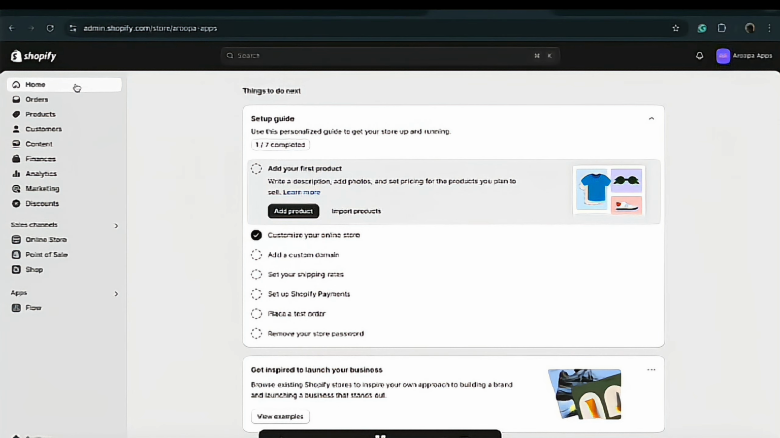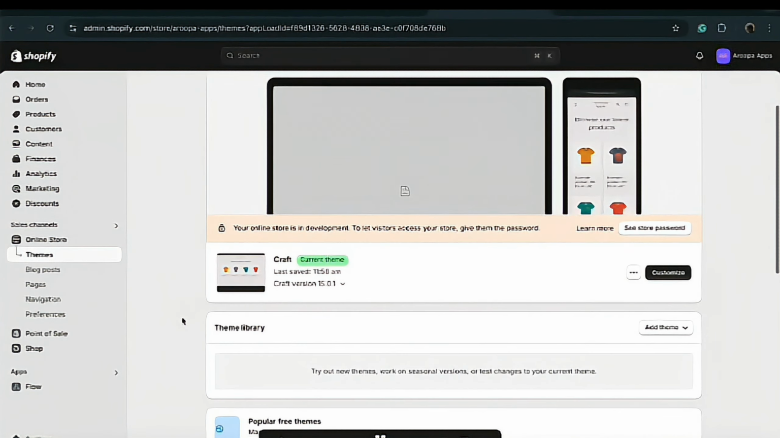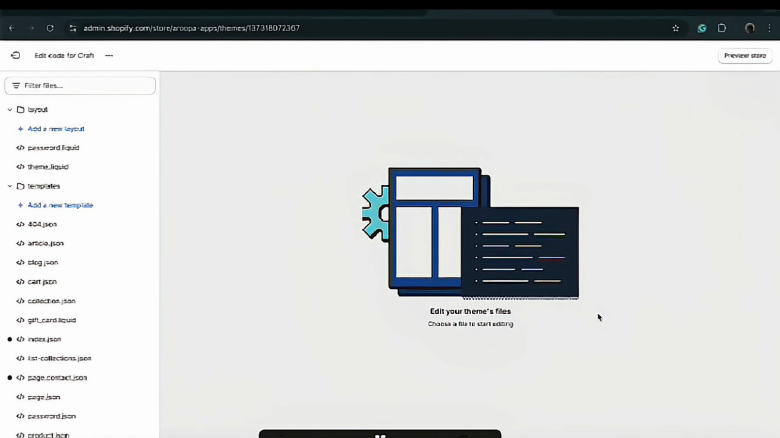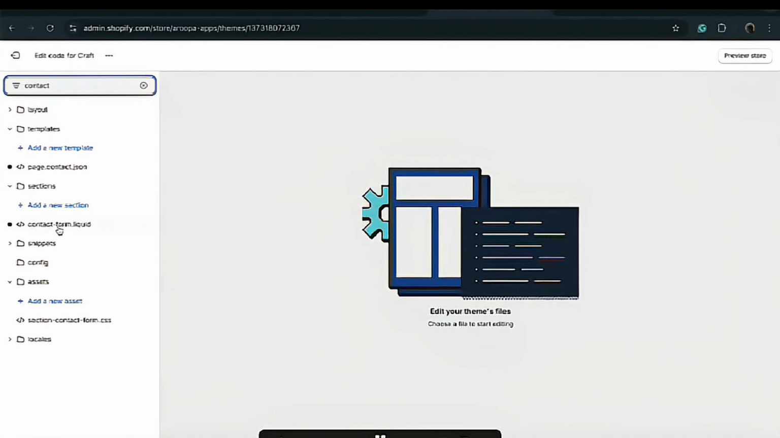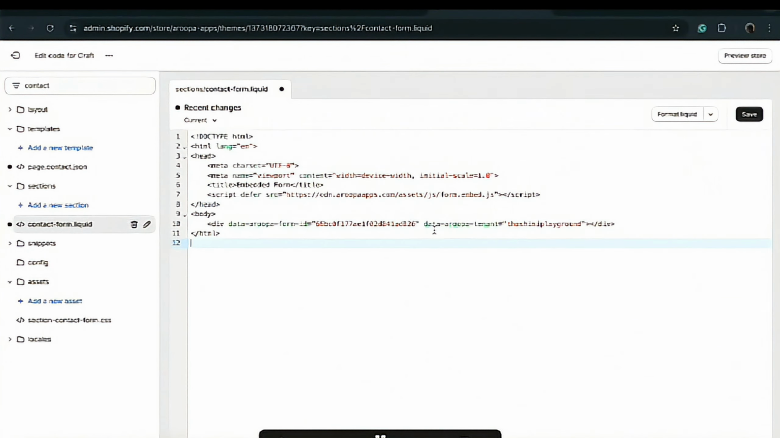When you go to your Shopify, scroll down to the left and click on Online Store. Select Themes, click on the three dots on the theme you would like to use, click on Edit Code. Once you're at Edit Code, search up Contact and click on Contact Form.liquid. Here you can paste the HTML link using the two codes. Once you save it,